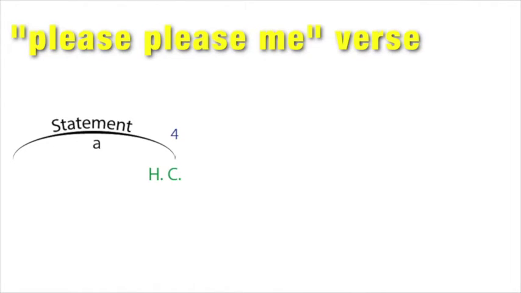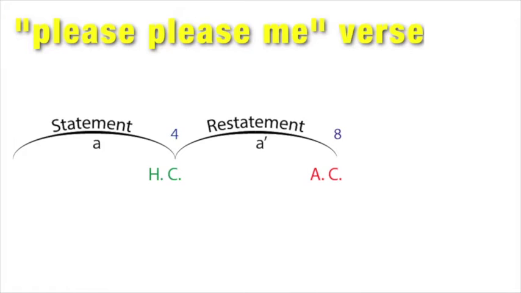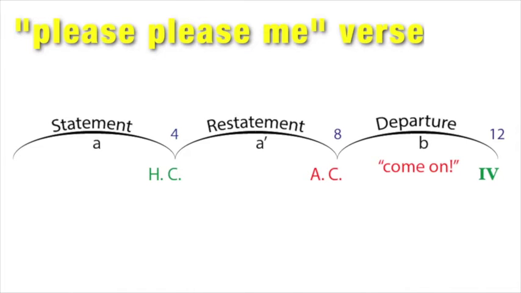The first phrase of 4 bars ends with a half cadence marked by those Carl Perkins chords. And the second phrase, the R gesture, as the restatement, repeats the first phrase, but to a different ending on tonic harmony. Then in Please Please Me, the 4-bar departure gesture, John's impertinent "come on," repeated in rising lines